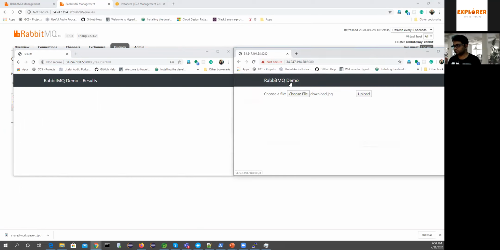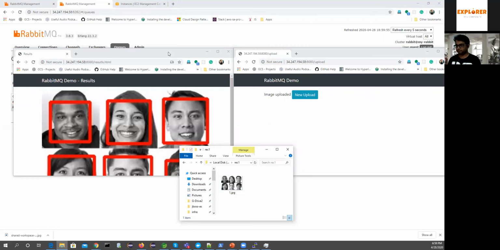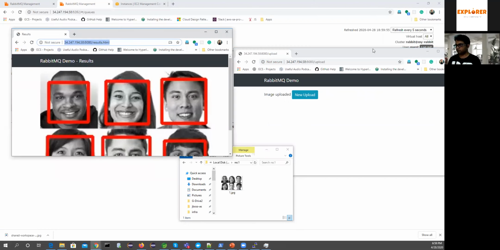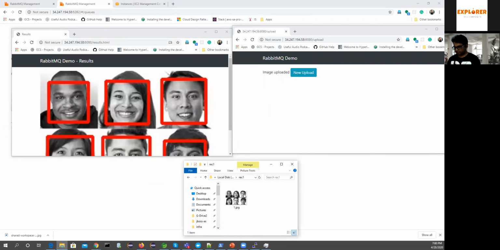You can see that I uploaded it, then the face was detected, and it came back really quickly. This is now from my local machine connecting to this server. This is the location where I am saving, before image processing, through that small local application.